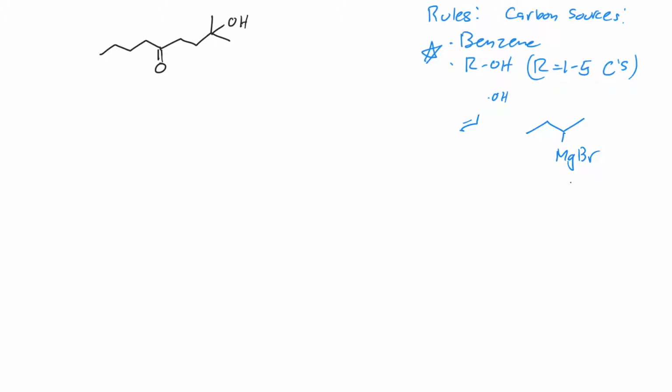Let me erase these, and we'll think about how to do the retrosynthetic analysis. This is very important that you address these in a stepwise fashion. You can't just start from the beginning, well, because right now we don't know where the beginning is. What we have to recognize is that there are several pieces here, and we could look at this piece and say, well, that could have come from a 5-carbon alcohol, and I know that I can make this bond